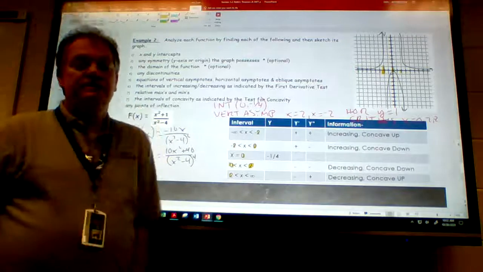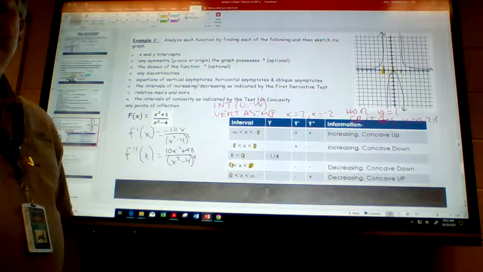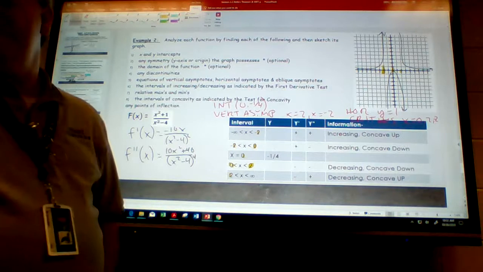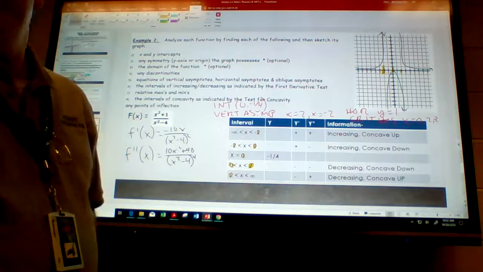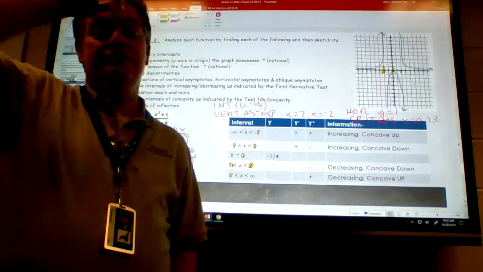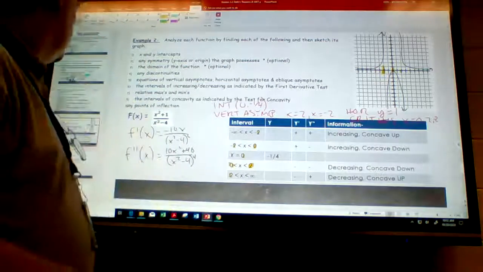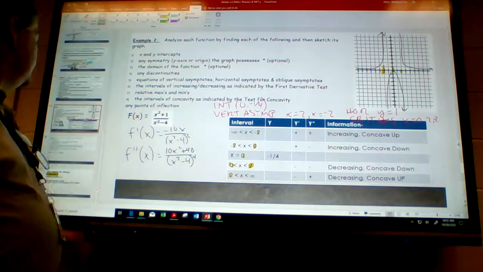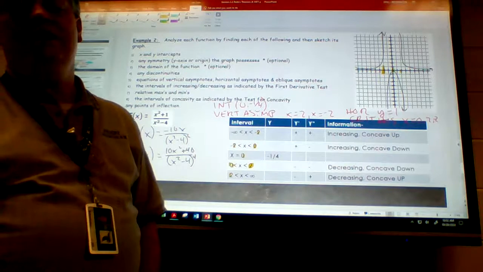All right, so I'm going to go ahead and stop at this point because we're going to run out of time. And there is another one on there, and I'm just going to show you. I'm not going to go over it on video, but I will go ahead and finish it up for you so you have what that's going to look like. And that will conclude section 3.2. We'll talk more about this stuff in 3.5. All right, so